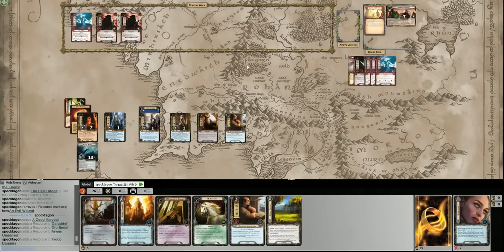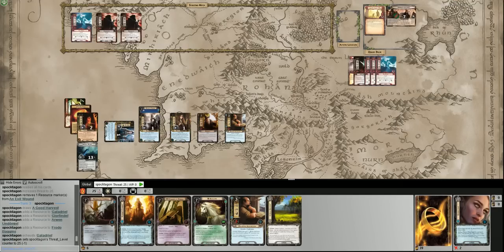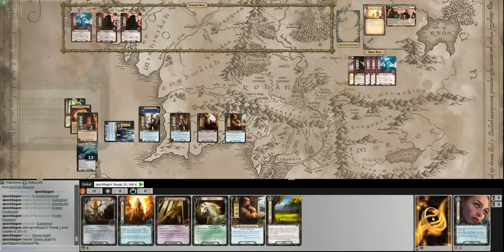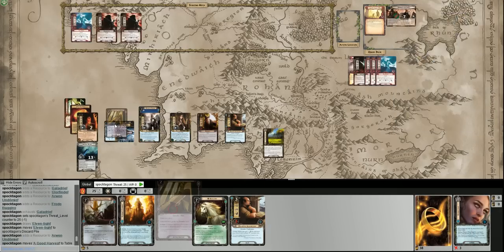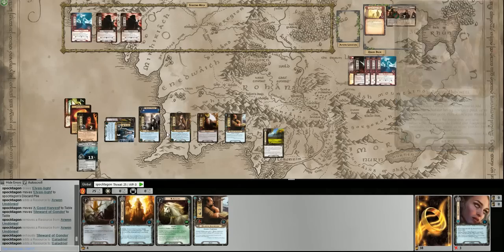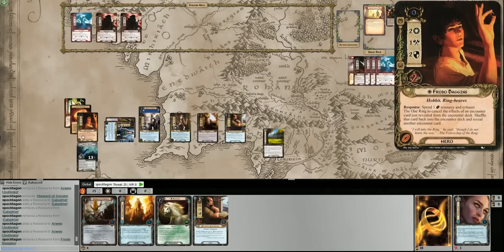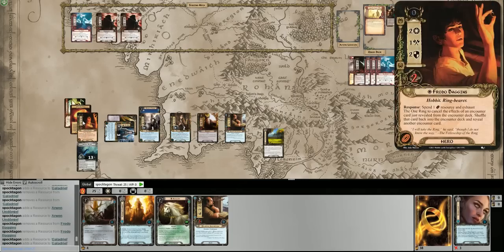Oh, there we go. So we drew into a Good Harvest. But let's go ahead and use Galadriel first, and discard this to Arwen. Let's play down Good Harvest and Steward on Galadriel, spending 2, gaining 2. Actually, might as well use Frodo's resources, because I'm not really using them for this ring,